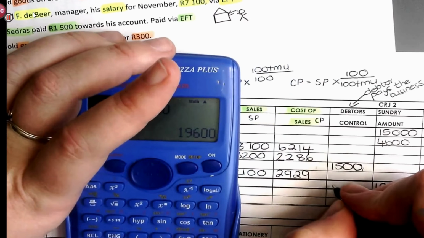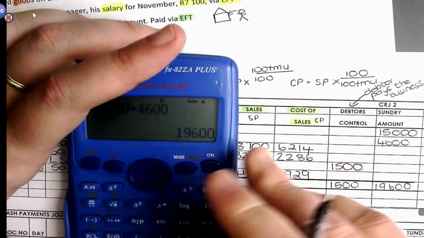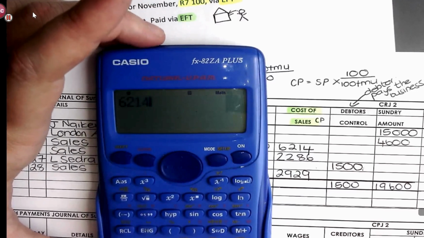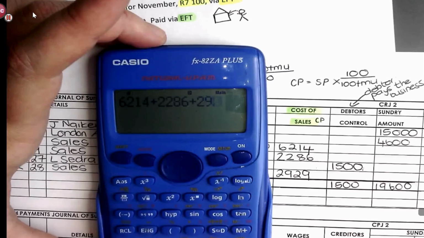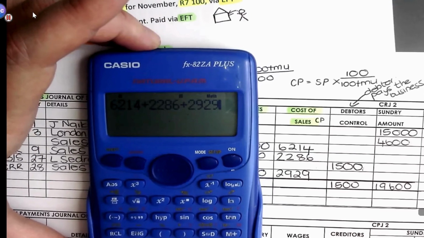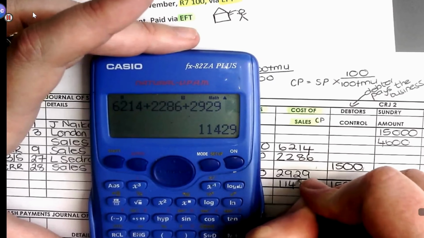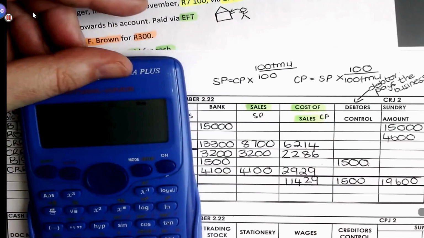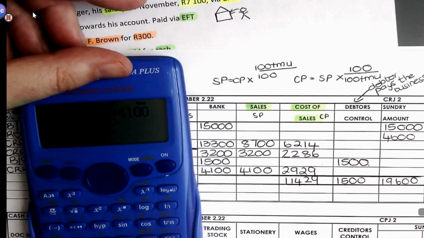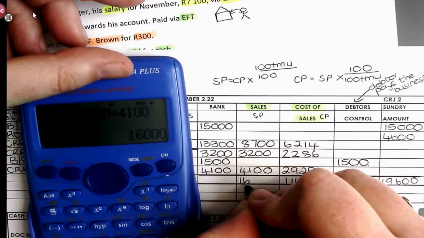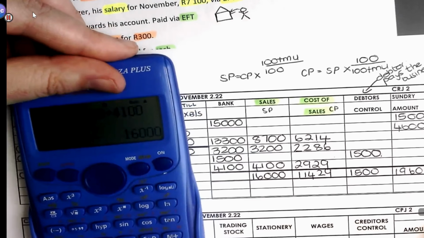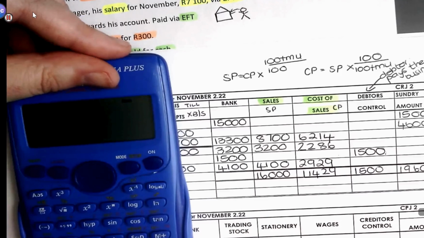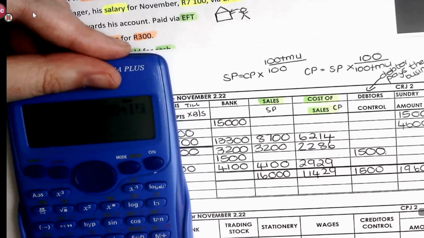is going to be 19,600. Debtors control. Super difficult to add up. 6214 plus 2286 plus 2929. Checking, okay, is 11429. Your sales amount is 16,000. And your bank amount finally is